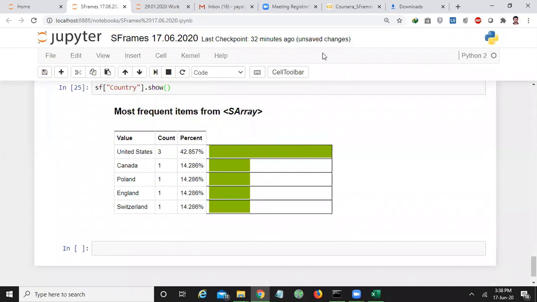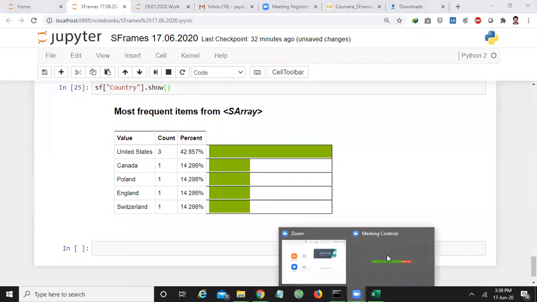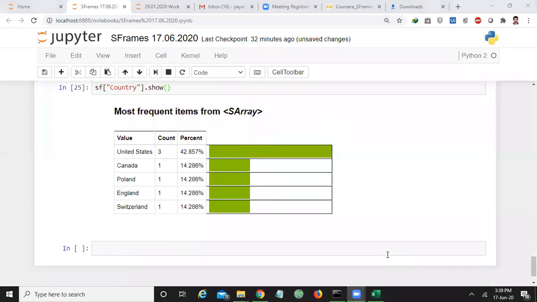Please acknowledge through chat box. Understand, all of you? Okay, right. Good. So this is about our S frames.